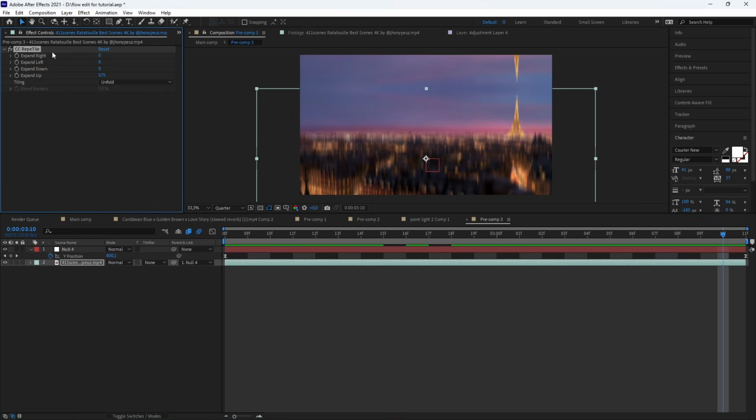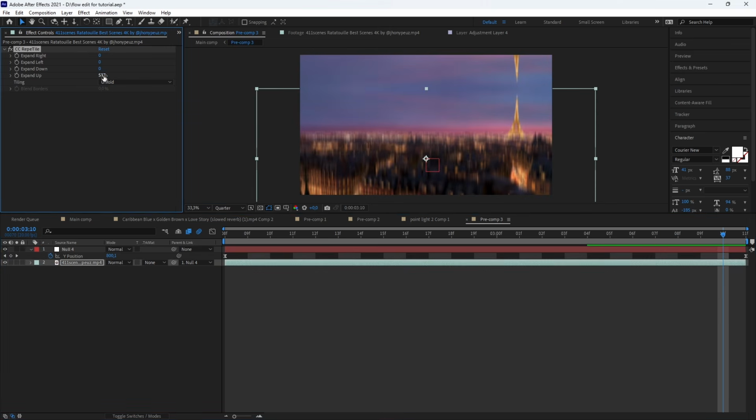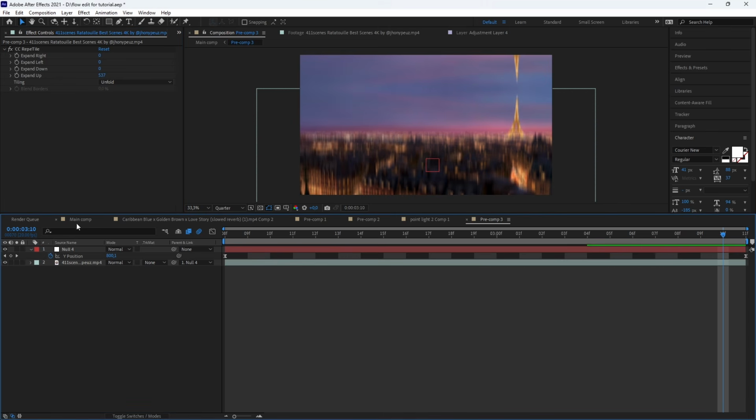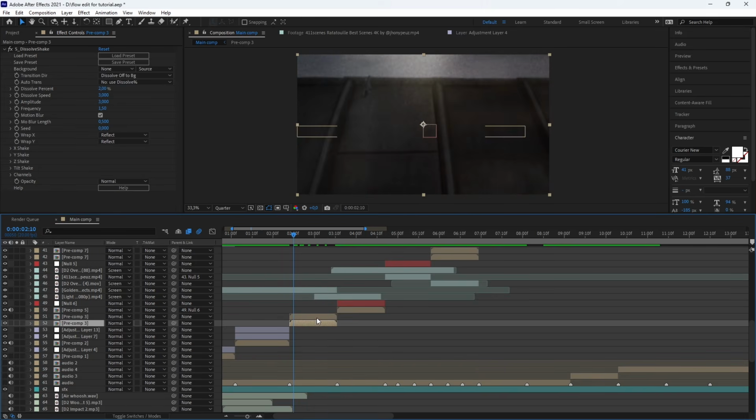I added the CC Repetile effect on unfold and expand up. Maybe you may ask why CC Repetile and not Motion Tile. It's because Motion Tile uses more of your PC than CC Repetile, because with CC Repetile you can use one specific direction. Here in my case it's only up, so it will be less hard for your PC to render later. That's why. And then that's actually it. Okay, so it's nothing crazy.